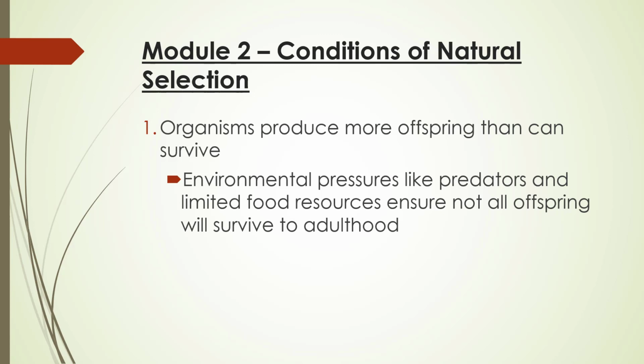This is one of the conditions of natural selection in order for it to happen. So environmental pressures like predators and limited food resources make sure not all offspring will survive till adulthood. Natural selection is not going to happen unless you produce more babies than survive. It's one of the reasons why